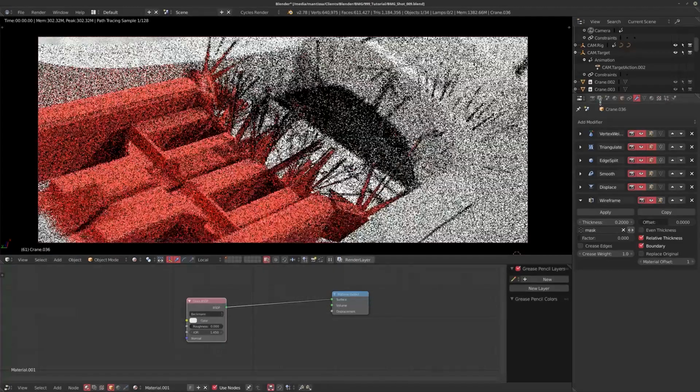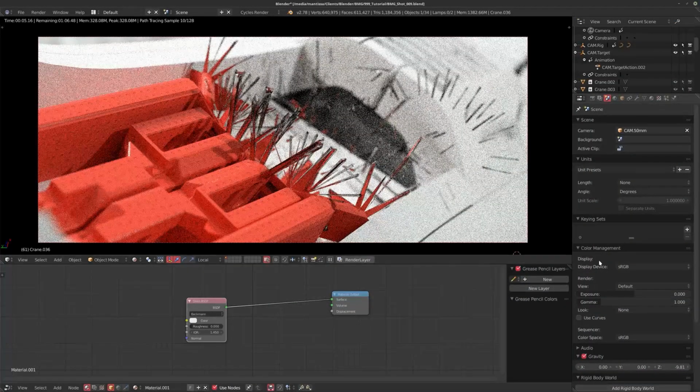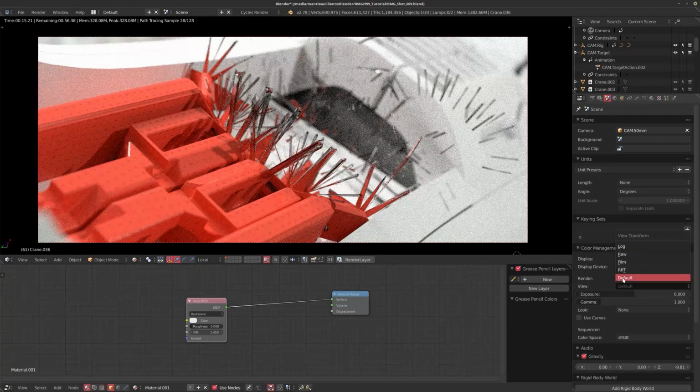Now, I tend to do a lot of look dev in this little color management tab because it allows you to mess with the colors in different ways. Again, this falls under my idea of everything as a tool. Most people don't like to mess with these because, especially if you're working in a studio or in a pipeline with other people, if you're starting to mess with colors on the color management level of everything, then yeah, maybe it's not the best idea. That being said, if you're doing this kind of stuff on your own and you need a really quick turnaround, you can do some really interesting color correction very quickly in just the color management window.